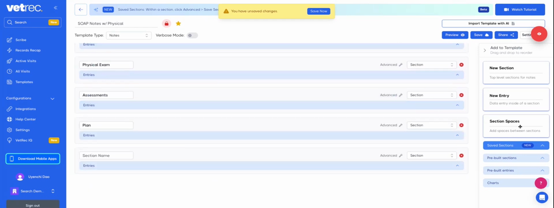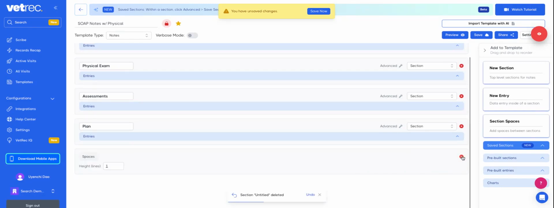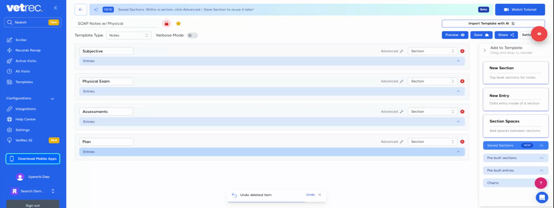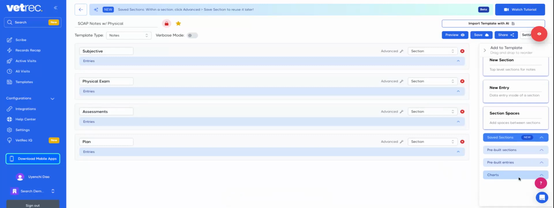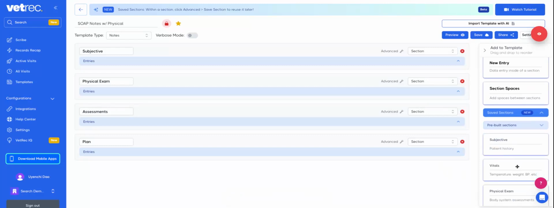If you wanted to use any section spaces, you can simply drag and drop. If you wanted to delete anything, click on the red X icon next to the section. You can also leverage our pre-built section and entries on the right side to drag and drop where you'd like. For example,